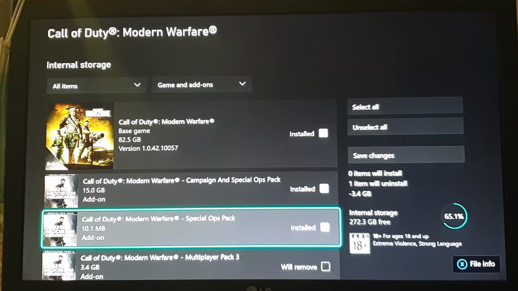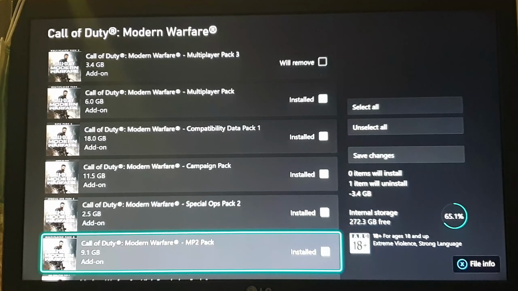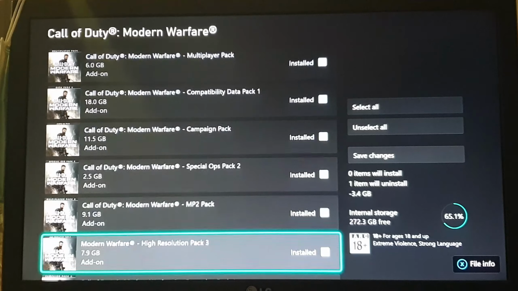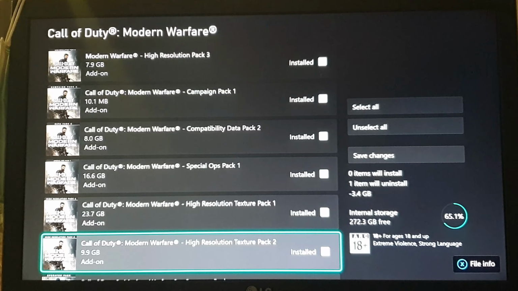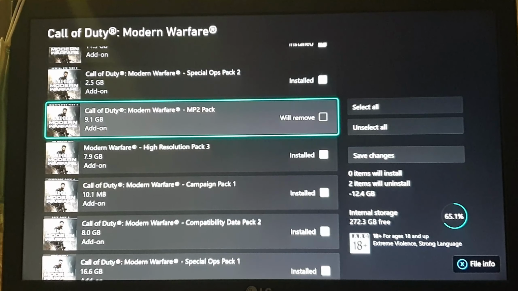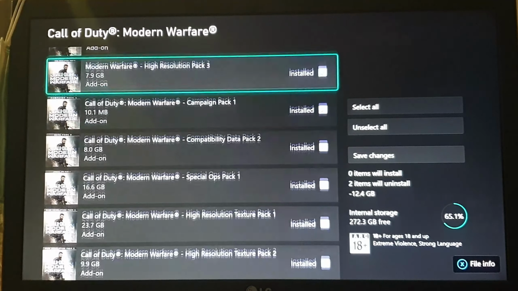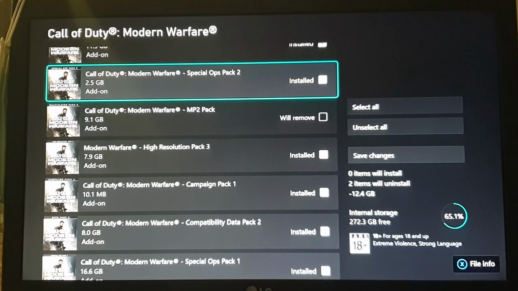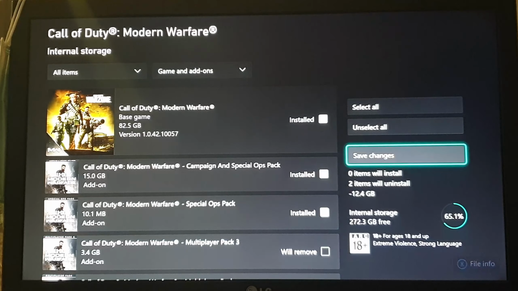We need to remove this one, and there is one more, Call of Duty Warzone multiplayer 2 pack, and that one is 9.1 gigabytes. So just very simple, you need to uninstall two updates, one which is 9.1 gigabytes, and another one is 3.4 gigabytes, and we'll go to save changes.